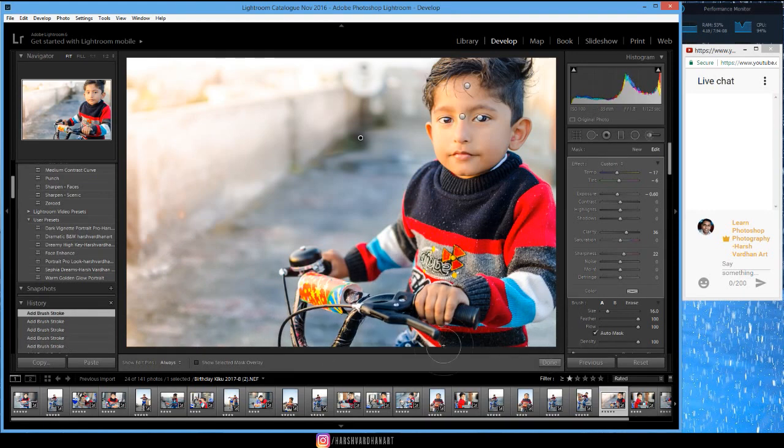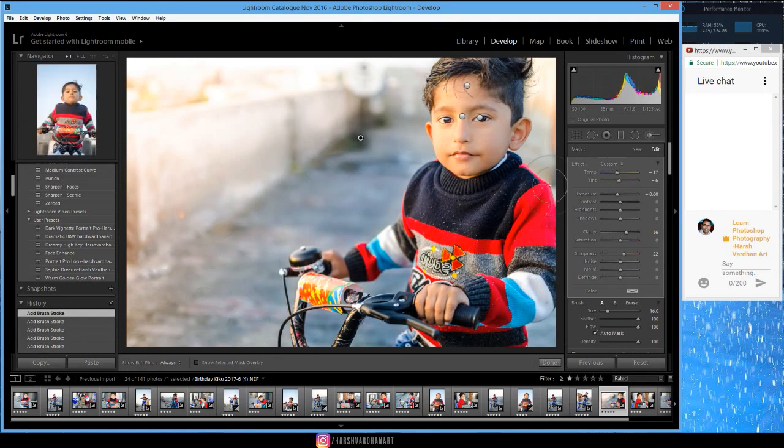Okay, and if you want, you can even adjust it further, and you can add green to it as well, increase the contrast. Okay, but I'm not going to increase the contrast too much, and bring down the clarity because I don't want the clarity over here, and sharpness as well. And I feel